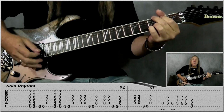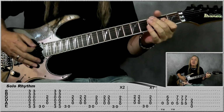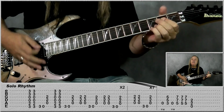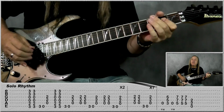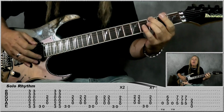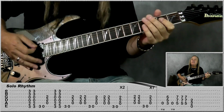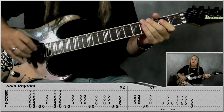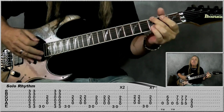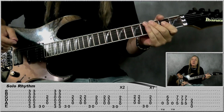So we're just playing G 2 times, 3rd fret E, open E, and then go to an A power chord and do that 2 times. Then play the A power chord 2 times, 3rd fret E, open E, back to the A. And repeat that all again, the G, the A. Now this time we're going to do it 2 times there to finish that part off, and then